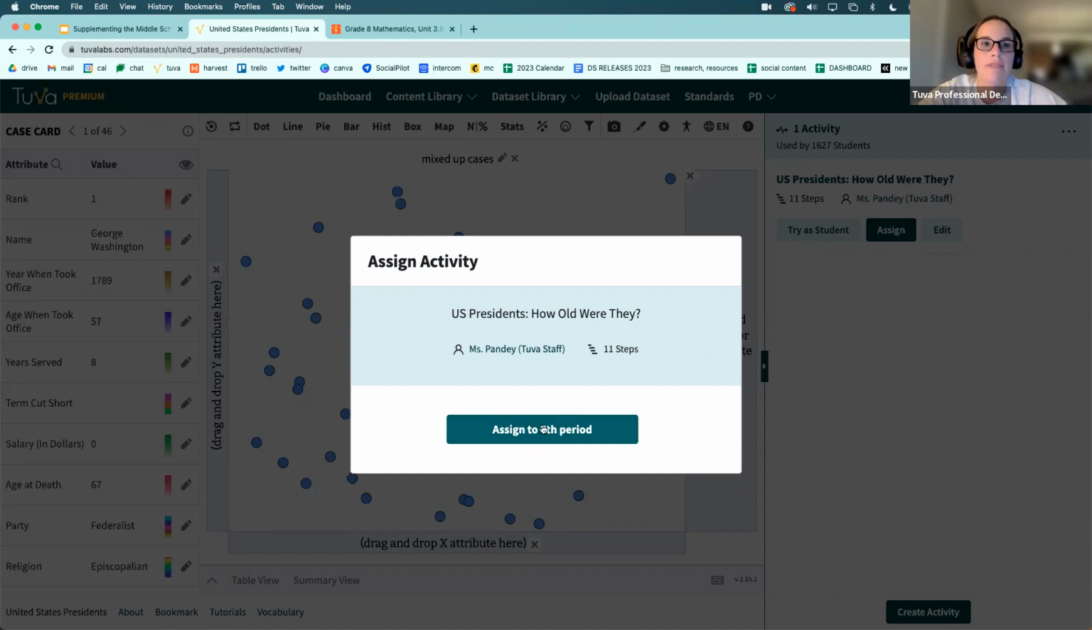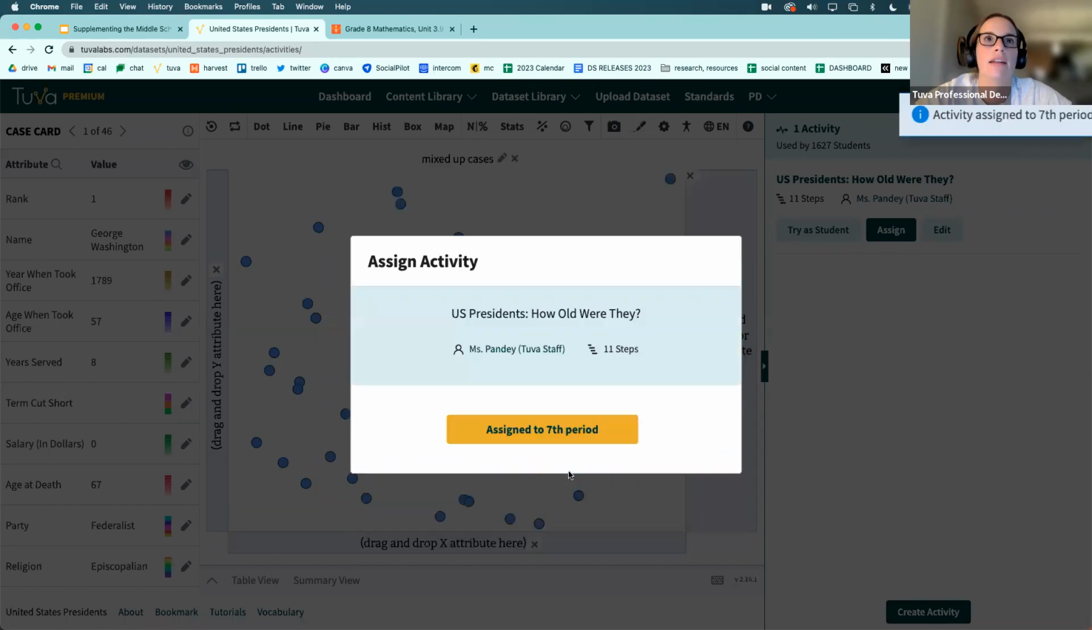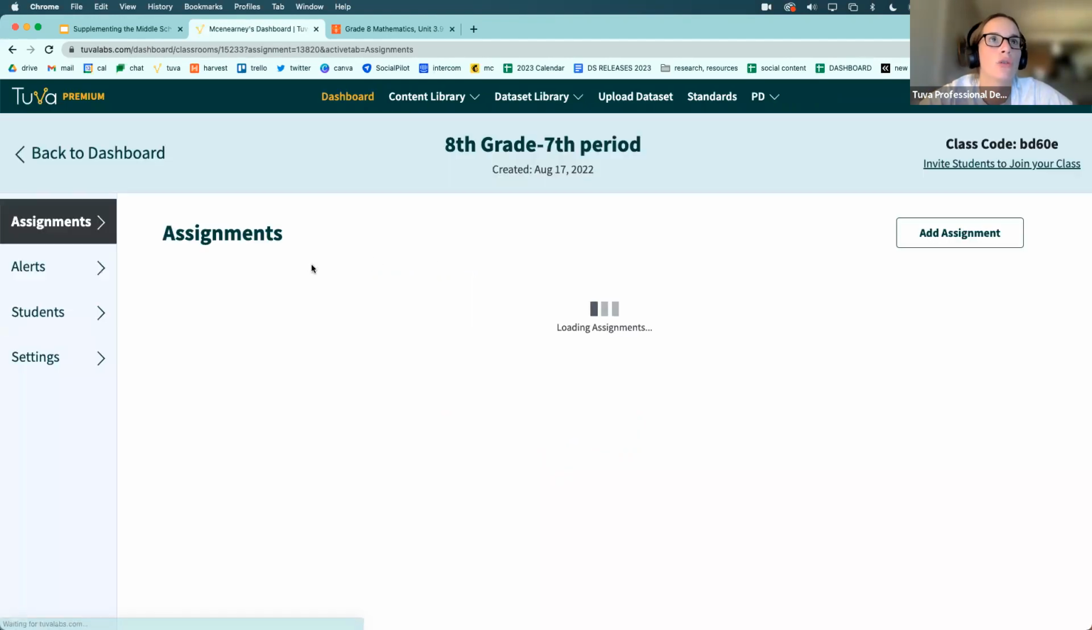So this is a class that I've made within my dashboard. So I'm going to assign this to my students. Whenever I assign something to my students, I'm able to leave some instructions. I can tell them when an assignment is due, and I can also change the number of points that an assignment is worth. Maybe I want to make this worth more points or no points at all. I can do that, and then I can assign it to my, in this case, my 7th period. Once it's assigned to my class,